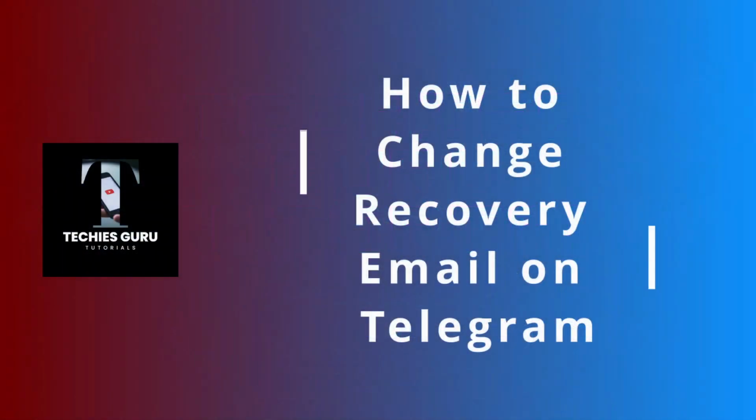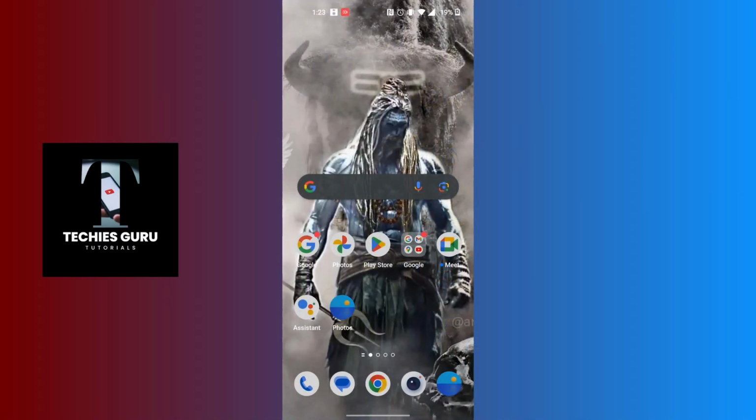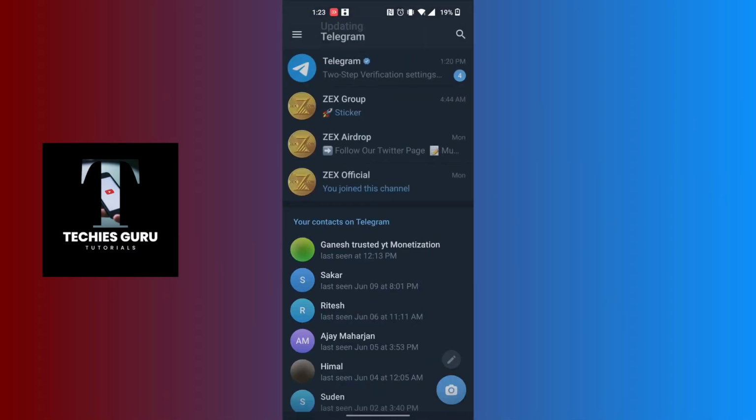Today we'll be learning how to change recovery email address on Telegram, and now let's dive right in. Now to change your recovery email address on Telegram, first open up your Telegram app, and on this interface at